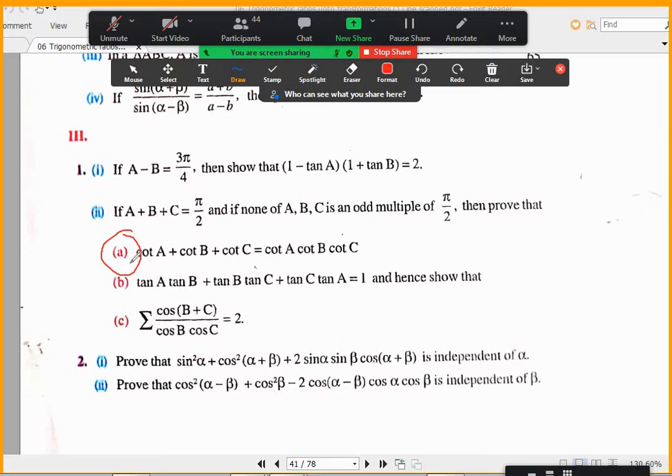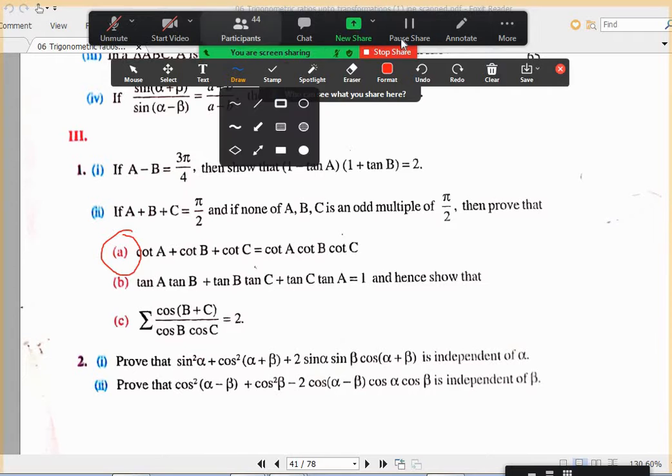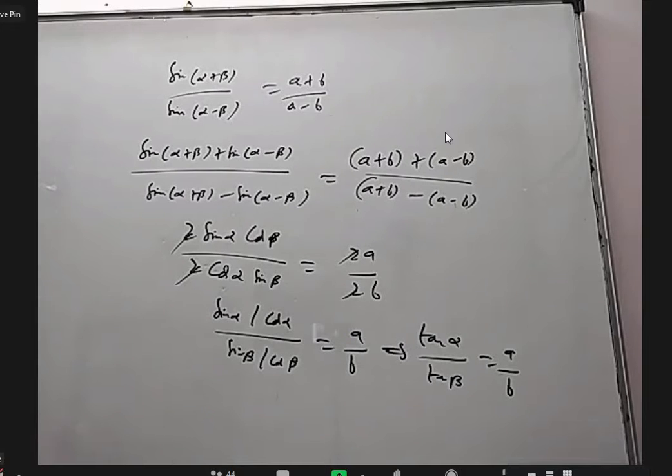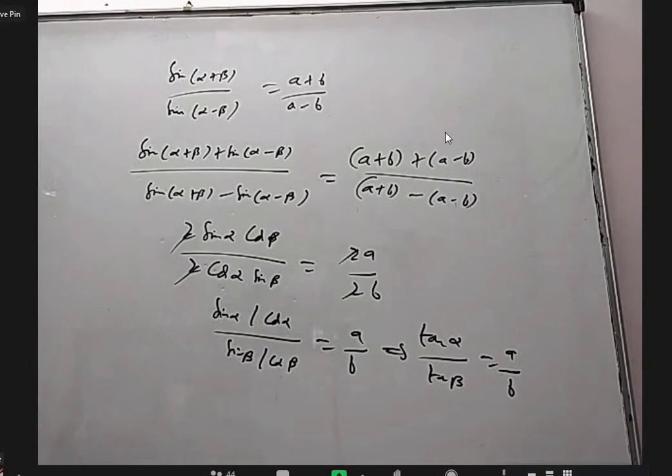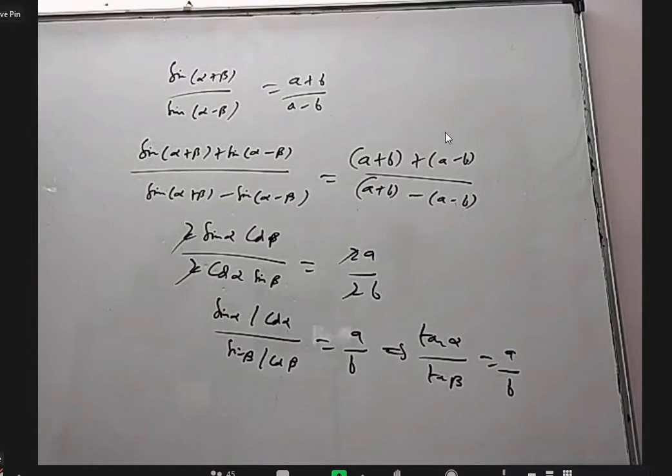This one, okay. Yes. You can apply directly cot 90 is 0 means cot a plus b plus c formula numerator should be 0. That is exactly cot a plus cot b plus cot c minus cot a cot b cot c. If not, send c to the other side and apply cot. Okay, sir. Sir, in that same bit only option C once you can tell, sir. Okay. Yes.